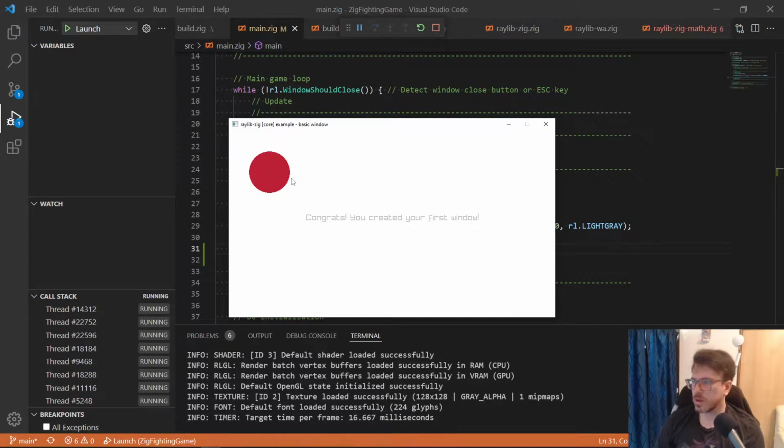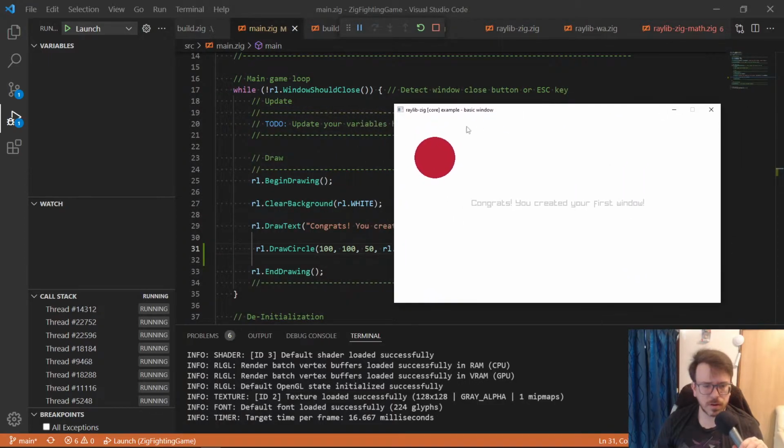Oh, okay, that worked actually. Whoops, I just had the wrong function name. Awesome.